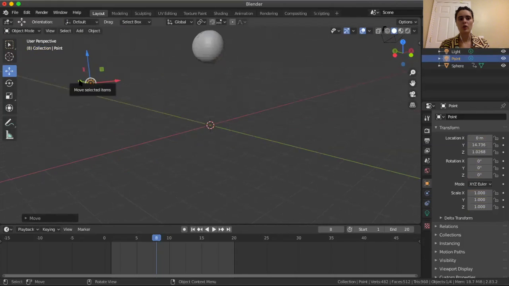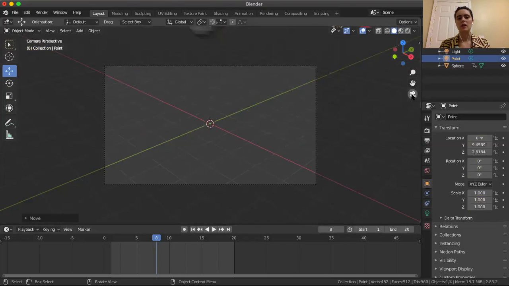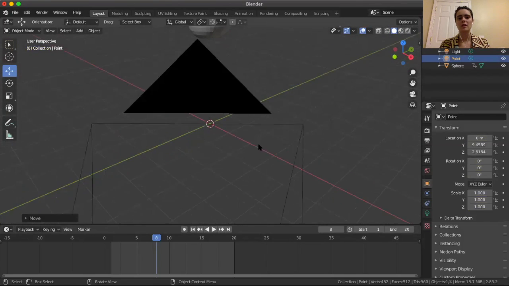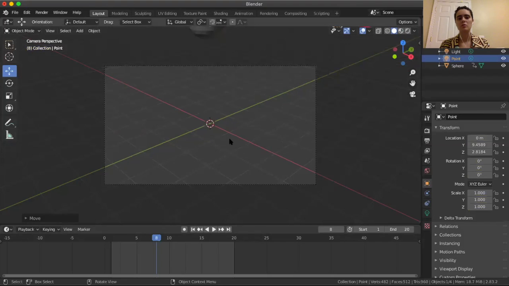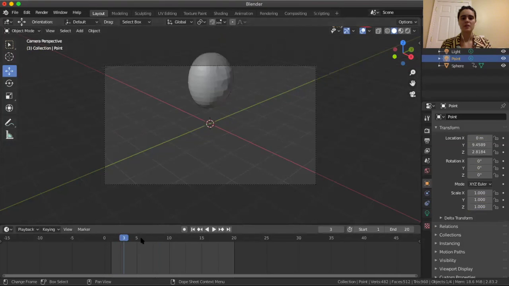Now we can check out what that does by looking at camera view. So over here at the right side of our screen, there's something that looks like a camera, and I'm going to toggle my camera view. So right now my camera is not actually looking at my ball, which is going to be a problem, right? I'm on frame 8, but if I go back to frame 1, we can see it's still in frame. So you're going to want to keep on toggling on and off camera mode to make sure that your camera is pointed in the right direction. If it's not, you can always move your camera. So I'm going to go out of camera mode,